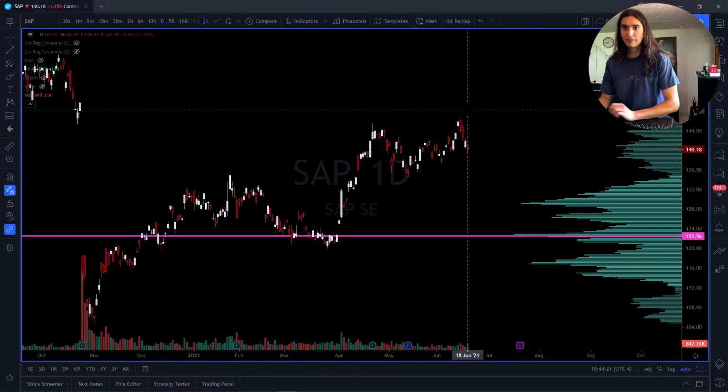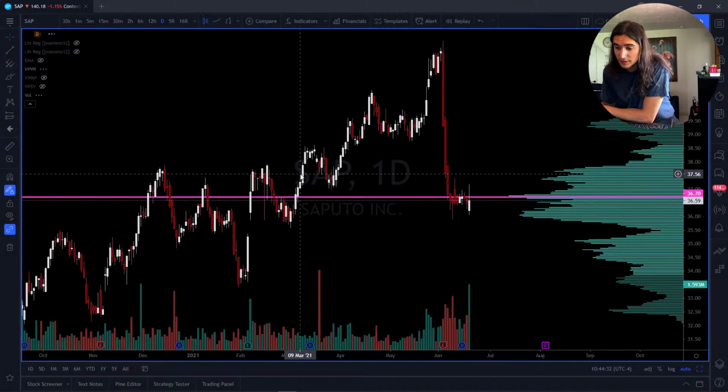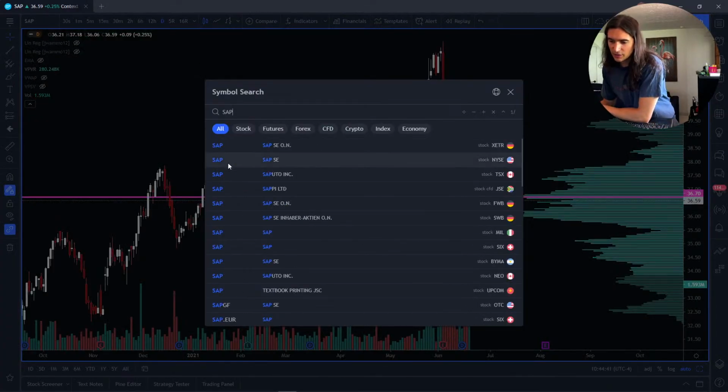On CAC40, okay, SAP. I don't know what that is, CAC40. I really don't know what that is. So just get it in the chat. Because look, I'll show you. These are the symbols I have on TradingView. The one that trades on the New York stock, the one that trades on the TSX, which is Sapporo. Shout out Sapporo. And that's pretty much all we got here. Other than that,